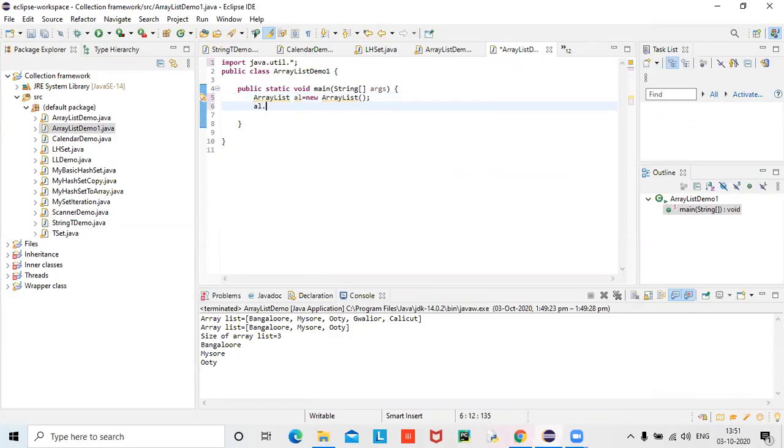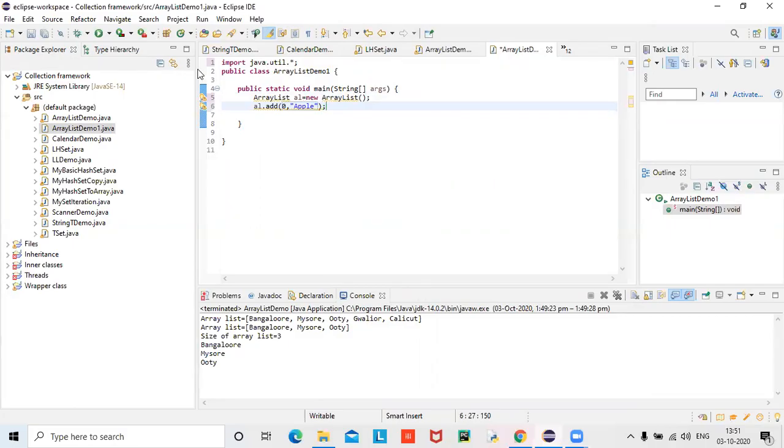Then I want to add elements as usual. Add. In another way also you can add, that's what I want to speak in this program. 0 comma 0 comma apple, like that you can do parameterized. You can use add method as a parameterized method. So a couple of arguments you can pass.